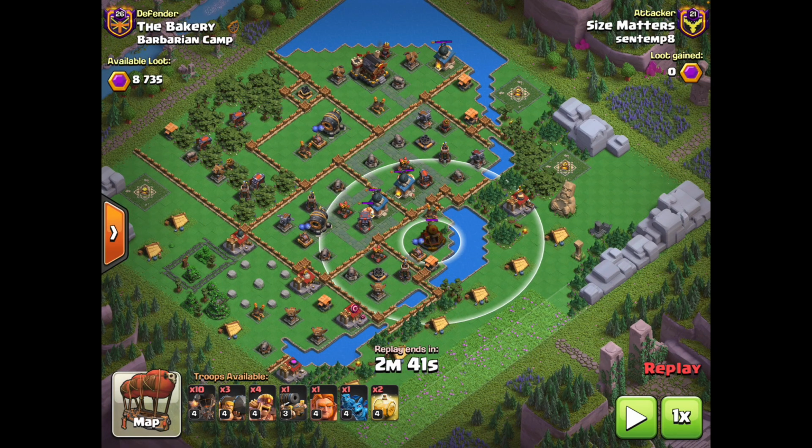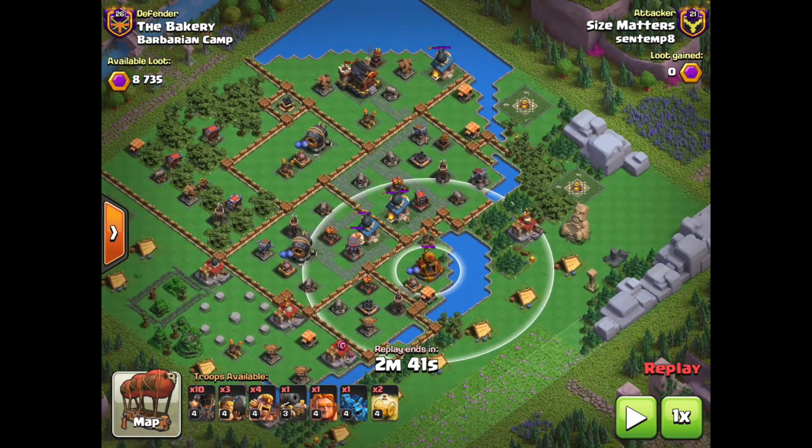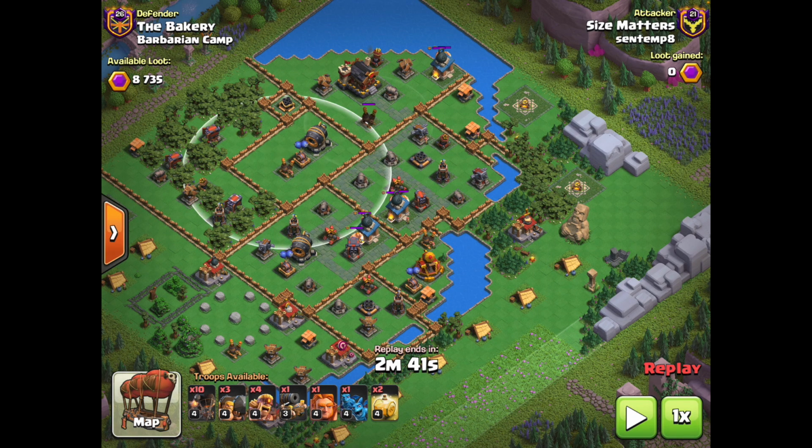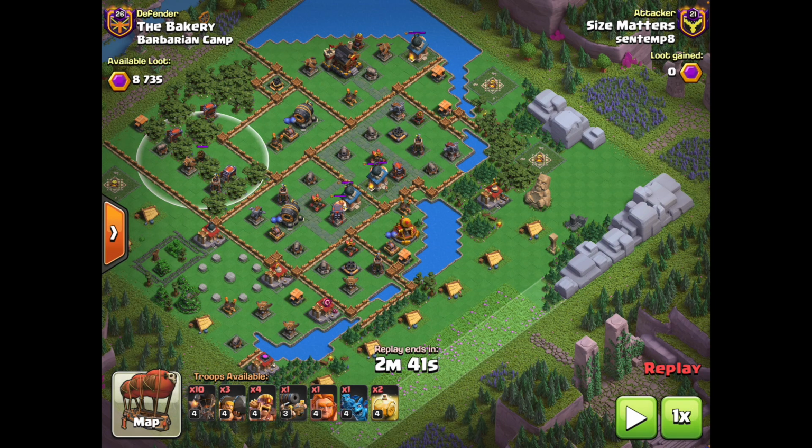So usually I don't go hog raiders against this base, but I will normally go Rocket Loon Zap, except against this base, they've done a good job with spacing out their air defenses to where you can't zap numerous of them at once, as well as they're deeper inside the base, so they're harder to get to with Rocket Balloons. So I made the choice that I was going to use Rocket Loons to set up for a Hog